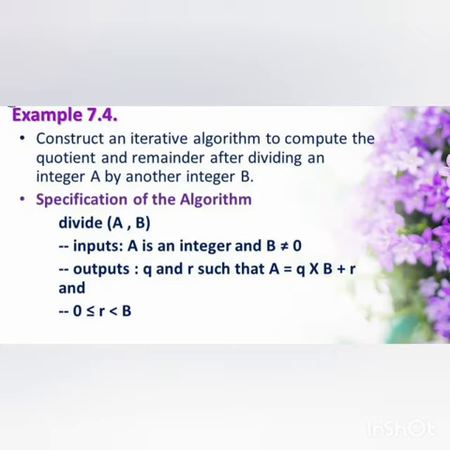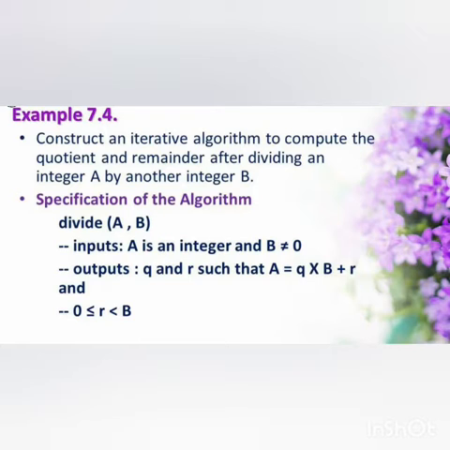Then we have to mention the input property, double hyphen inputs: A is an integer and B is not equal to 0. That is, the dividend should be an integer and the divisor should not be equal to 0. So, the numerator should be an integer and the denominator should not be equal to 0. And the next step is the property of